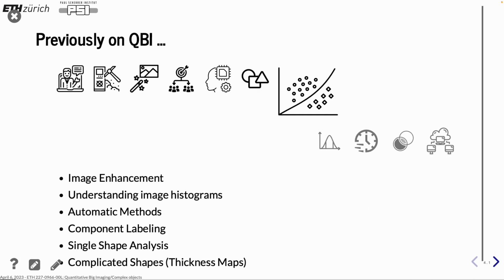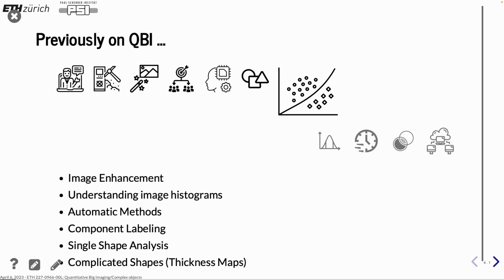And until now on QBI, we have been looking at many topics. We are actually up beyond the middle of the course. And we have been looking at data, at basic enhancements and how we can do the segmentation in different ways. We started also to look a little bit into how we can label the data. And now we are going to look into other ways to describe and understand how the shapes of the objects